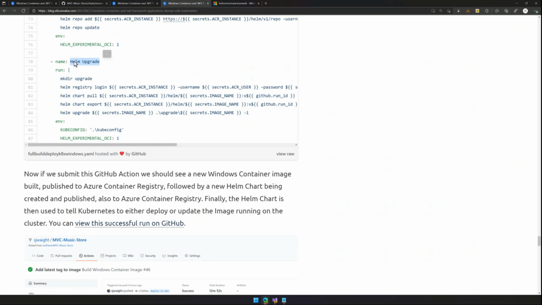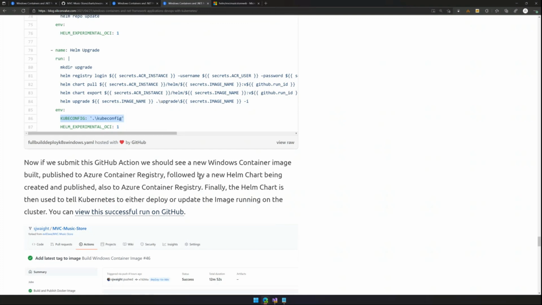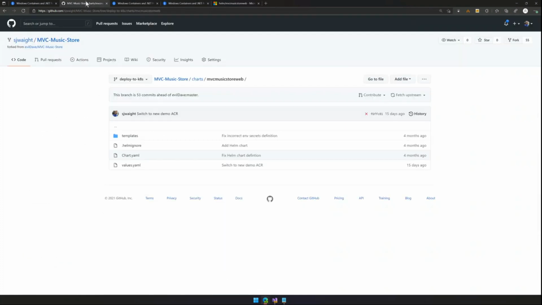And the only thing I need to supply to Helm is my kubeconfig, which is basically just the secret key to access all of the APIs inside of Kubernetes to do the deployment for me. And once I run this, I will see a set of things happen. So let's come back over here to our GitHub Actions.